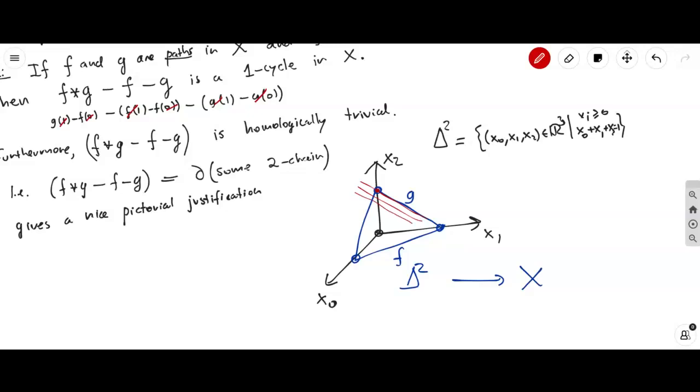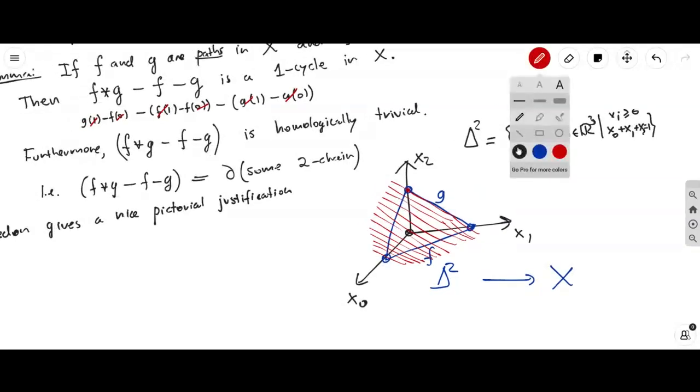You just interpolate this with perpendicular lines, the lines that are perpendicular to that edge. You just fill this in. And the idea is you make the map